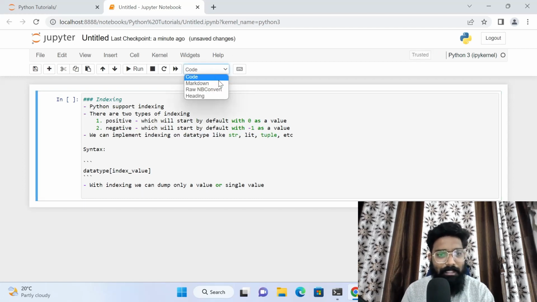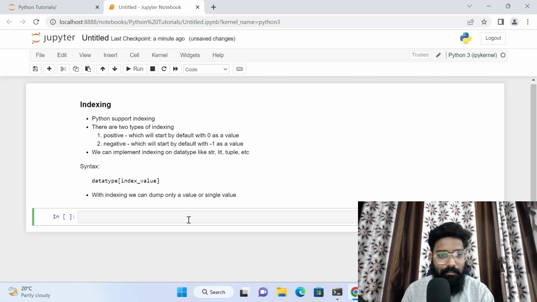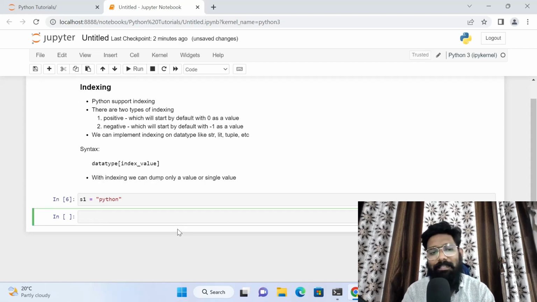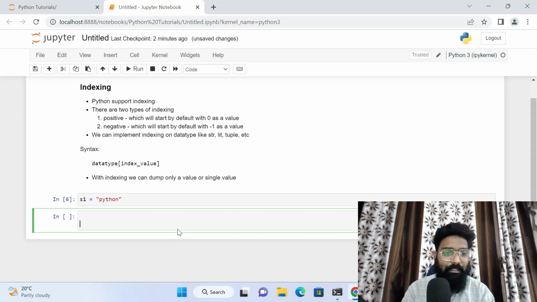So let's see the practical implementation of it. For example, if I'm having a string s1 which is containing Python. S1 is a string type of variable which is holding Python as a value. How is this indexing implemented internally? Let's see. So if I'm writing Python